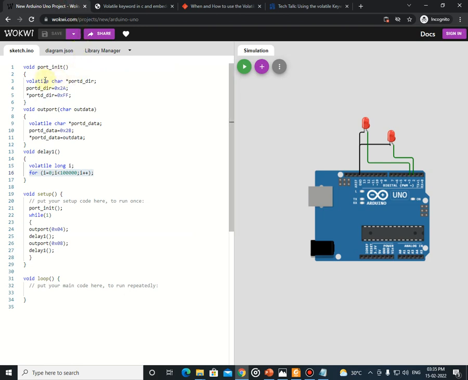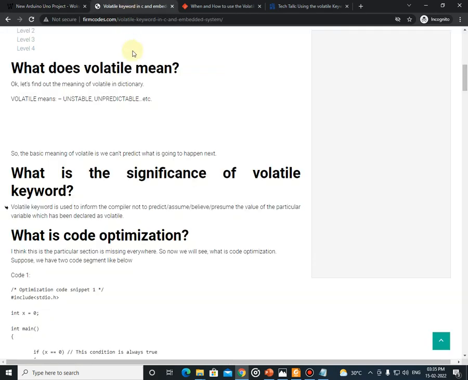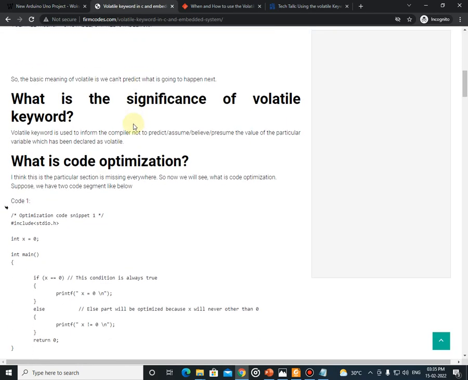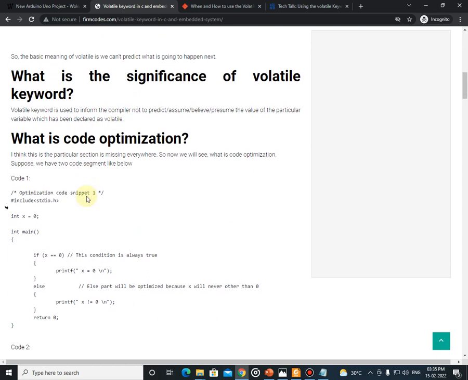Why did I use the keyword volatile, and what is the use of the keyword volatile? I am going to explain volatile in this video. Before that, we need to know what code optimization is. So in this, you can see